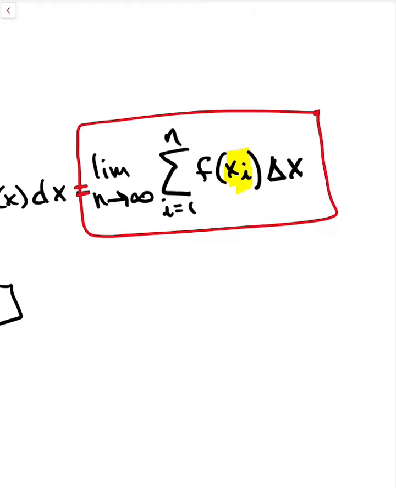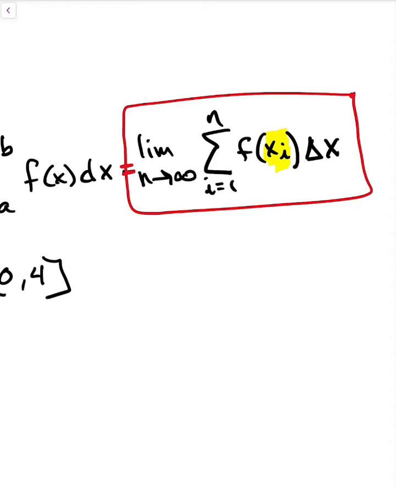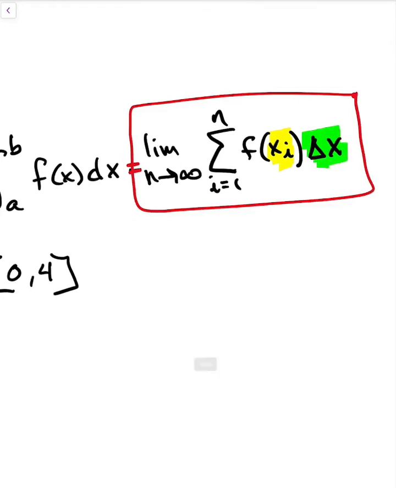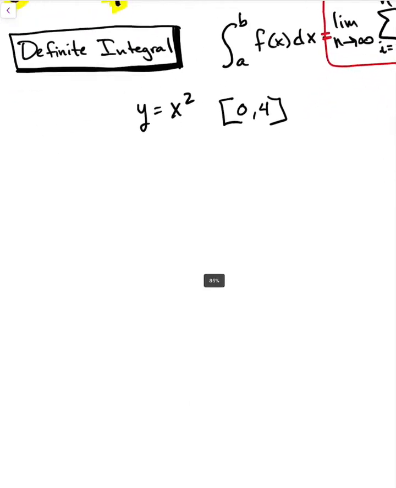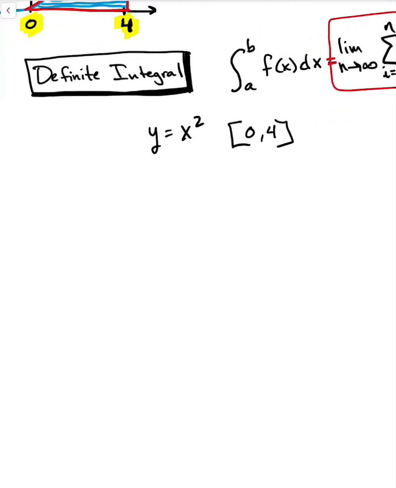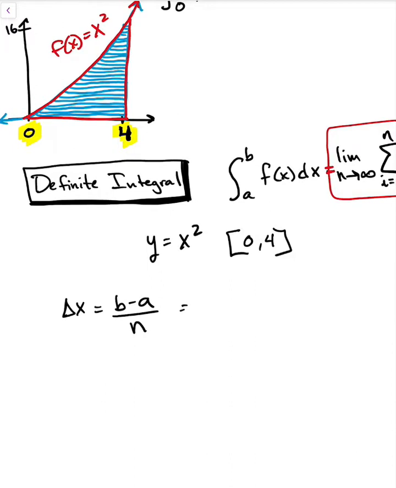Let me erase what I have up here now. I want to find that x sub i term, and I also want to find, and I'm going to highlight it in green, that delta x. As you recall from the previous video, these terms do have equations. If you remember, your delta x is your b minus your a, divided by your n. So that's going to be your high term, your 4 minus 0